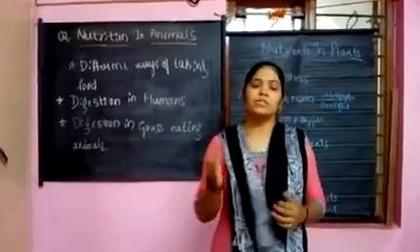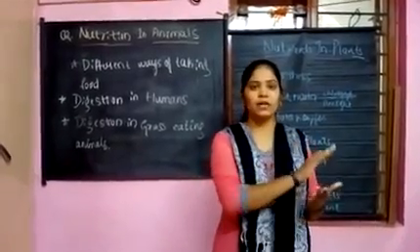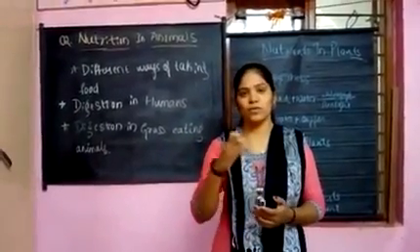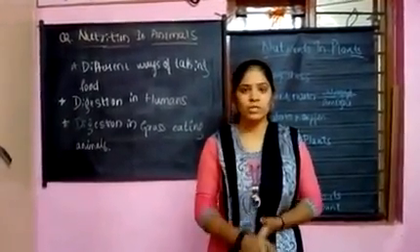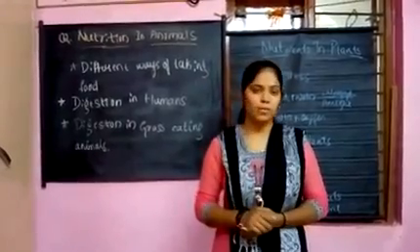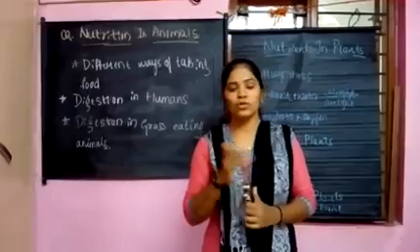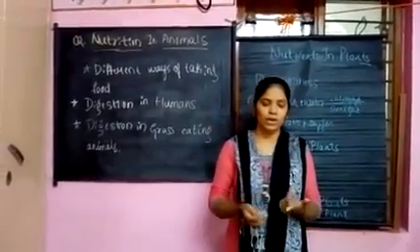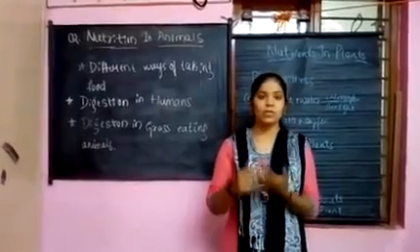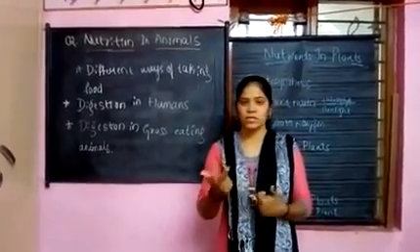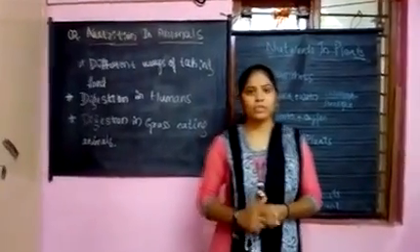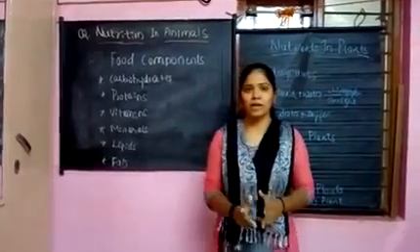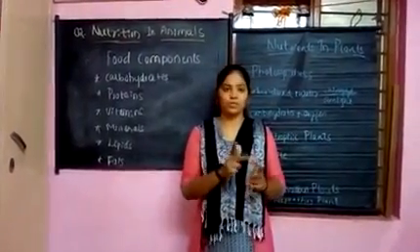So there is some difference. They may directly eat the animals or directly eat the plants. Whatever, we animals or human beings depend upon the plants for our food. So what are the components you may know? Carbohydrates, vitamins, minerals, proteins, lipids. These are components present in our diet. So these animals require nutrition from the plants.